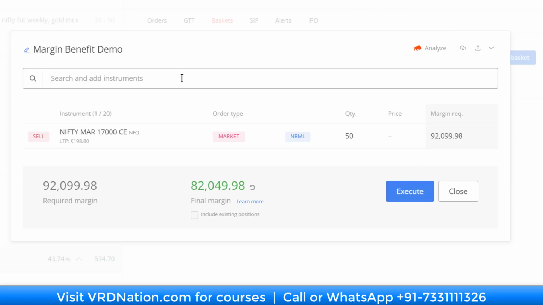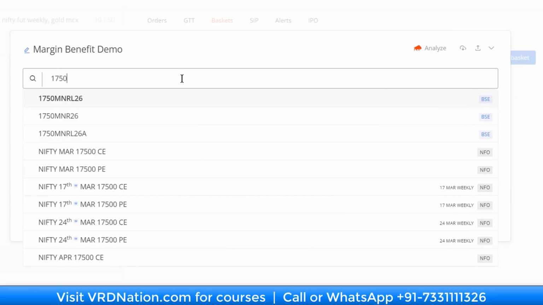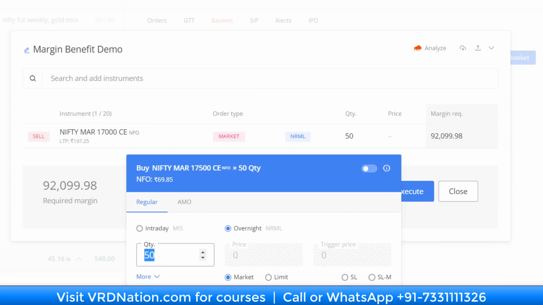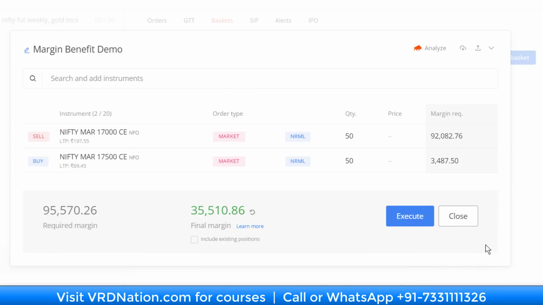So in this case, I can buy a 17,500 call option, an out of the money call option, and I will add it here. And you can see immediately that from 82,000 rupees, the final margin requirement has gone substantially down to only 35,000 rupees, right? So this is a great tool, guys. This is something which I like. In this basket order, you can create multiple positions and you can see what the margin